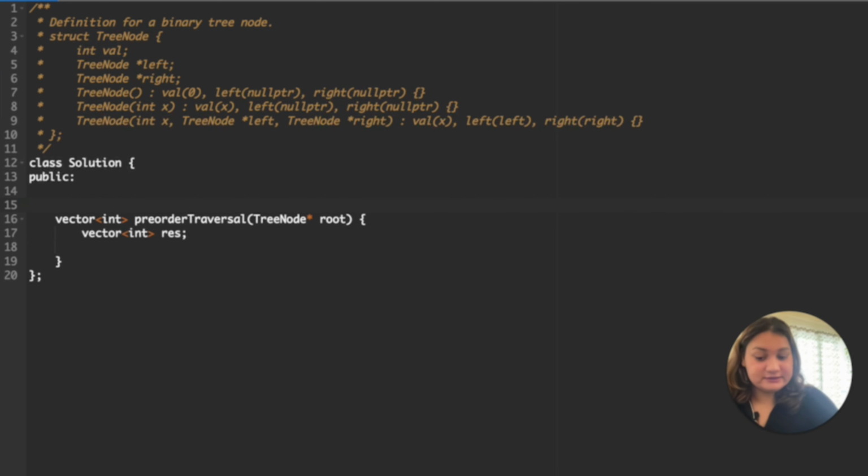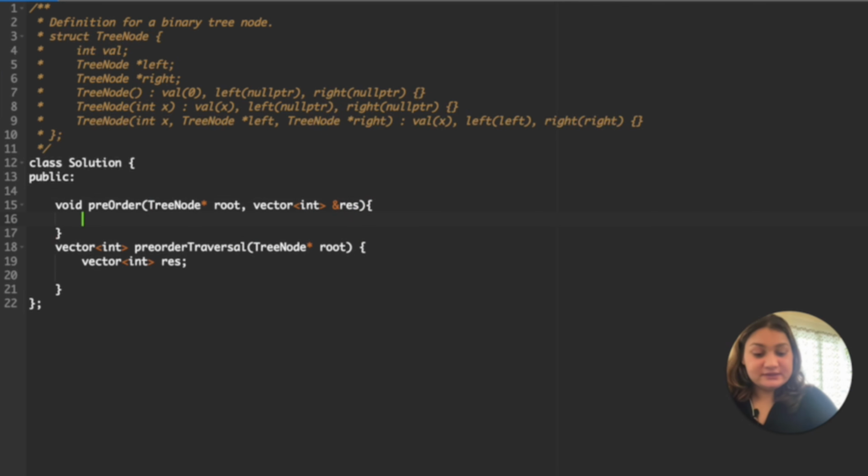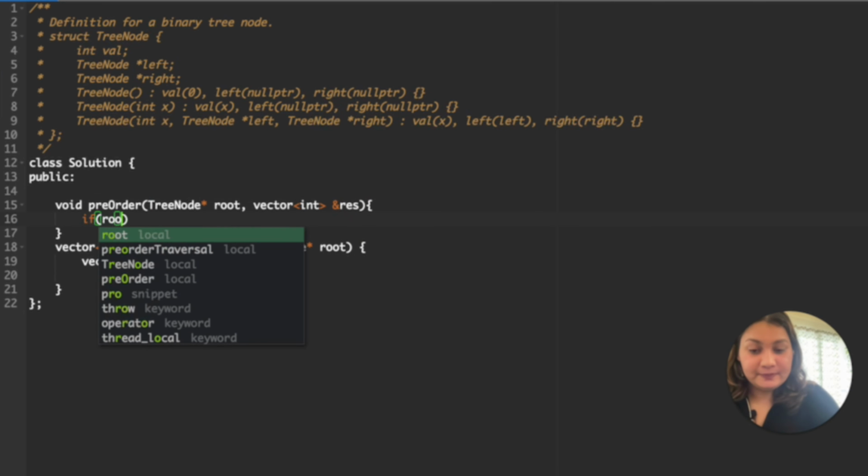So void preorder. In this we will pass the root because we have to start from somewhere, and we will pass the vector we want to store by reference in the param. Once we have done this, the code remains the same. If root is equal to null, we will not do anything, we'll just return from here.